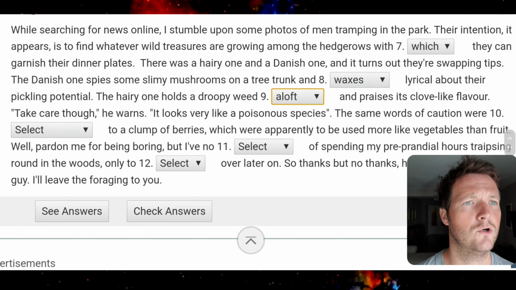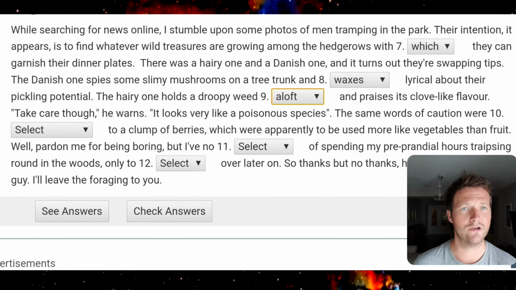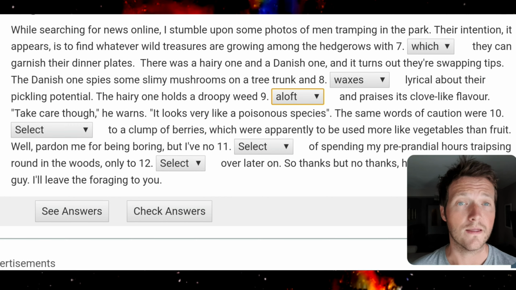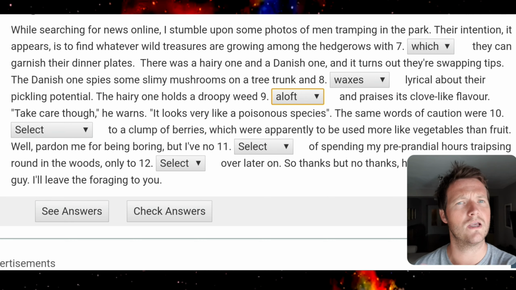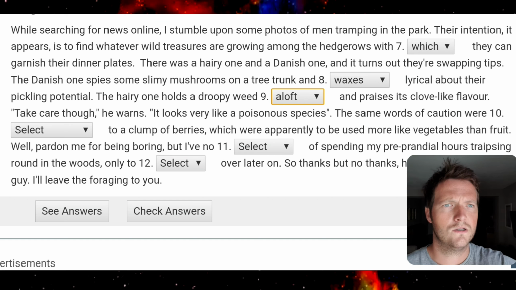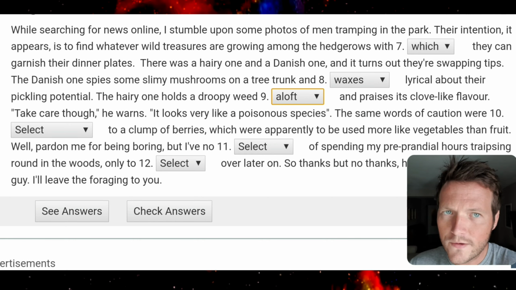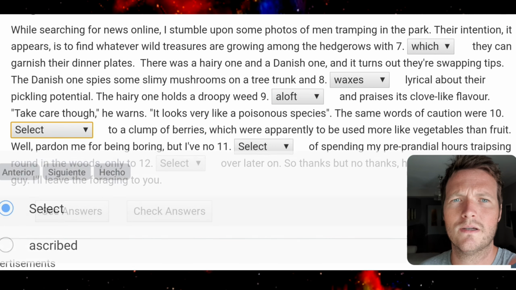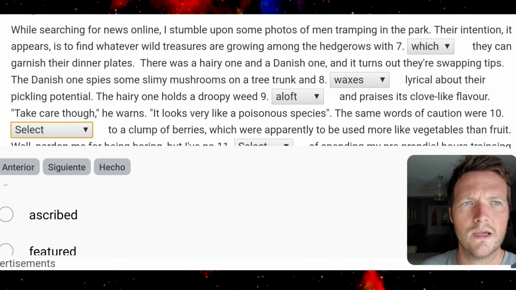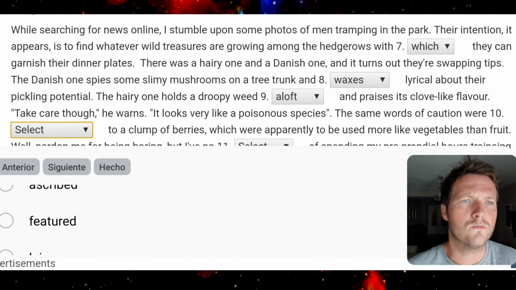The same words of caution were to a clump of berries, which were apparently to be used more like vegetables than fruit. So they used the same words, take care, when they were talking about some berries. Yeah, ascribed sounds pretty good. The same words of caution were ascribed, featured, no,